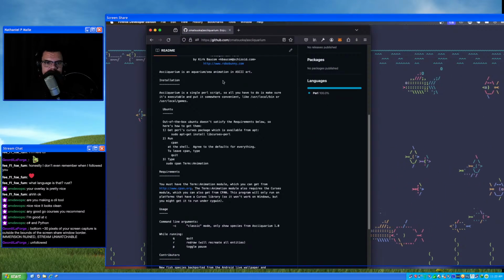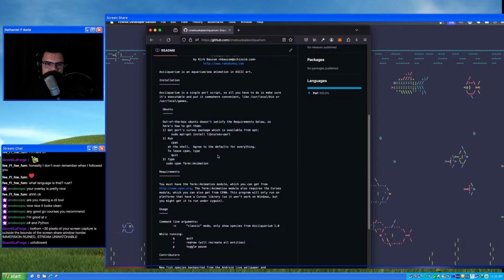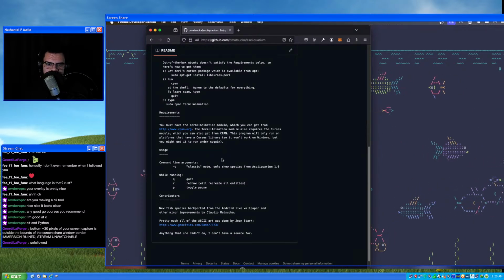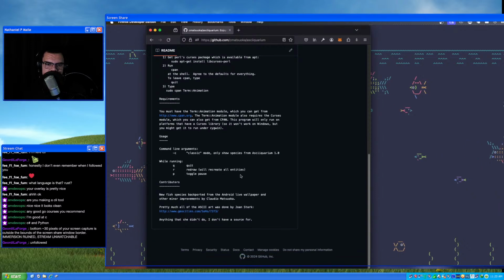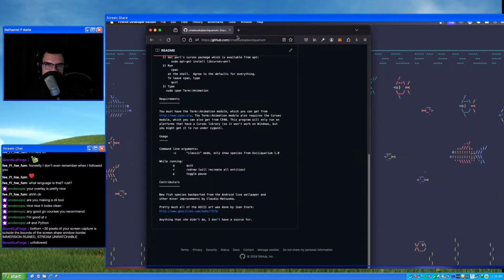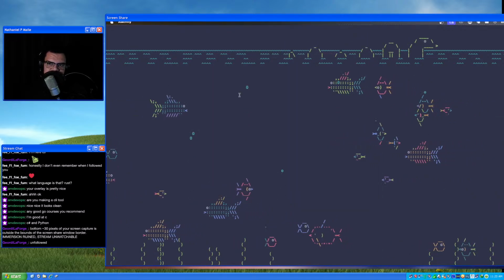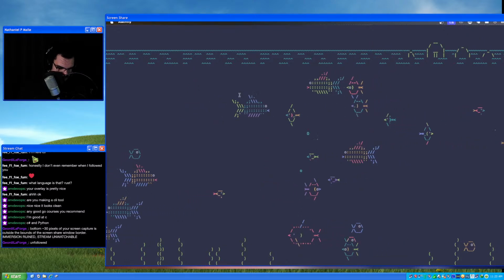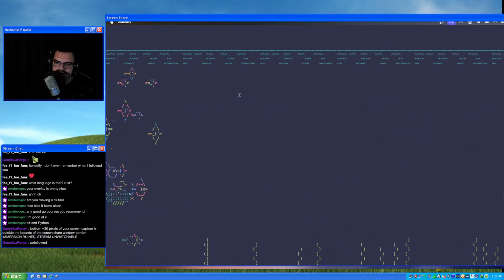Aquarium and ASCII art. Blah, blah, blah. Yeah, it's Perl. That's pretty good. Oh, I didn't realize this thing had pause functionality. Huh. I can redraw, restart the whole thing.